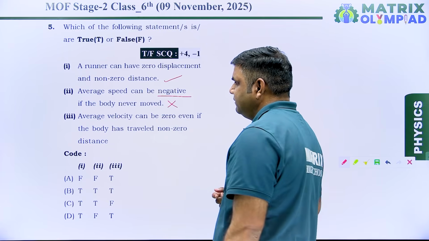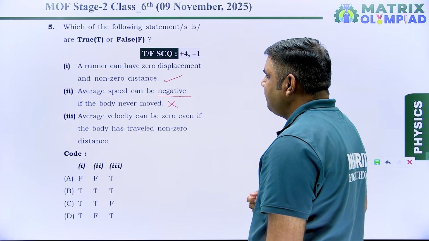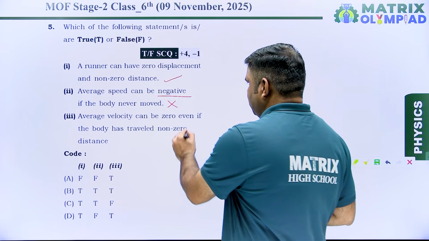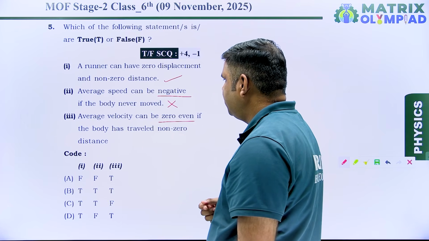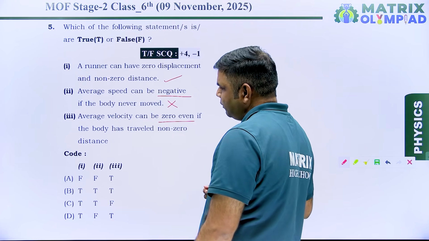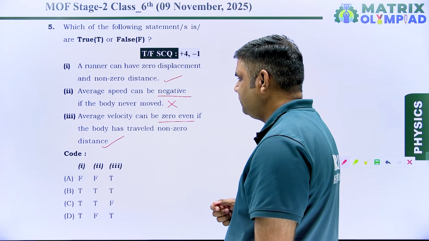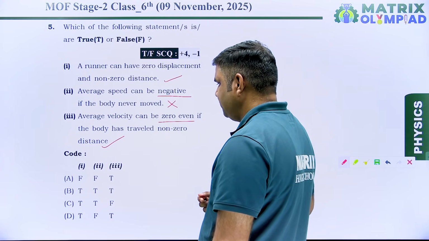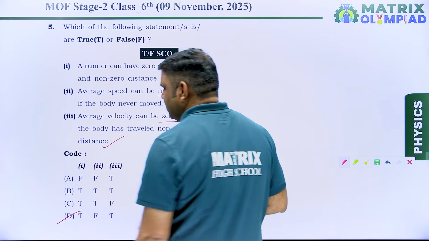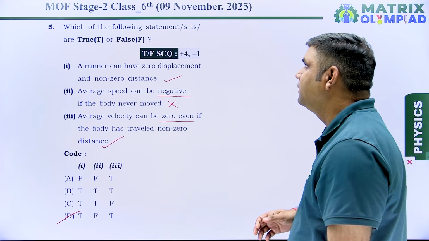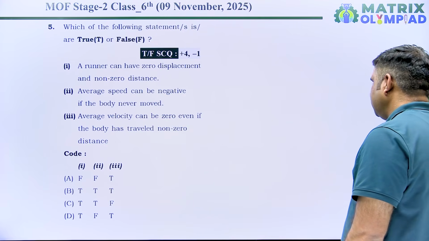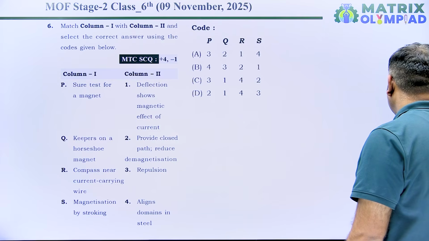No, this is wrong. Average velocity can be 0 if the body has traveled non-zero distance. Yes, it can be possible. So our correct option will be T, F, T. So that option will be the correct answer for question number 5. Let's move to the next question, that is question number 6,